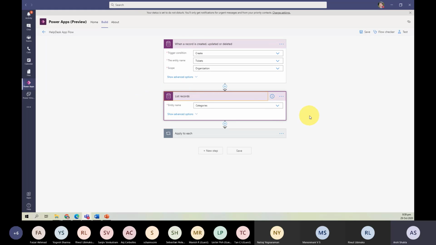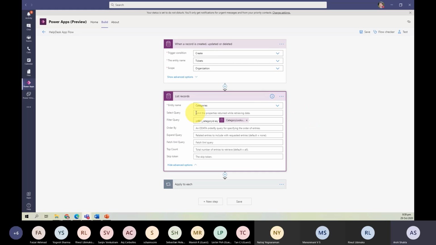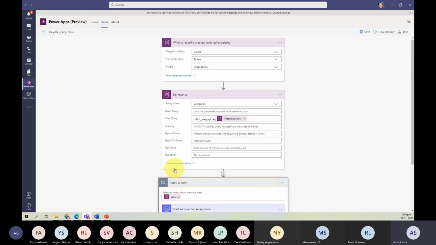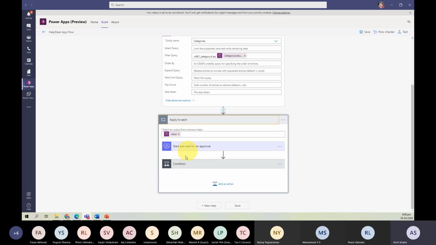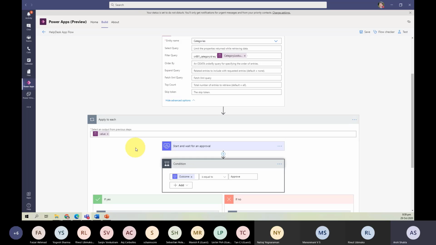I told you that I have two categories in my table, IT and HR, and under that I look for the lookup, and then I do the basic approval, nothing fancy.